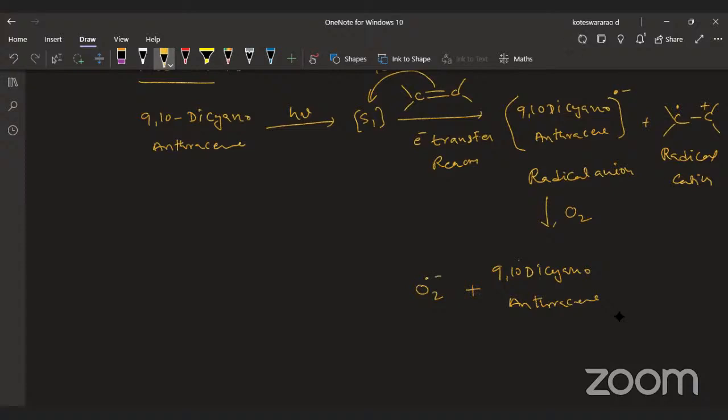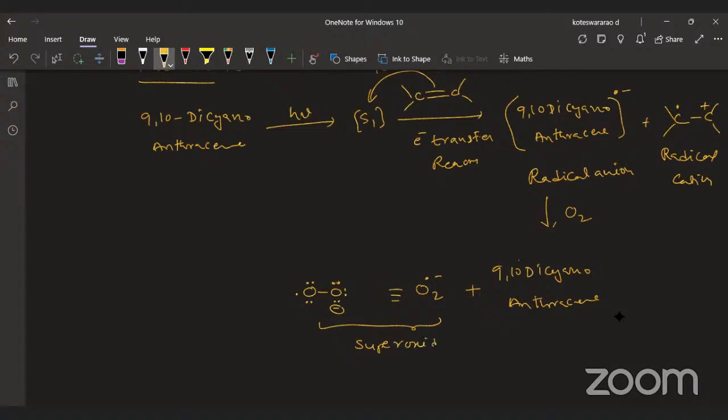This radical anion can also be represented like this, with a negative charge. Now this radical is known as